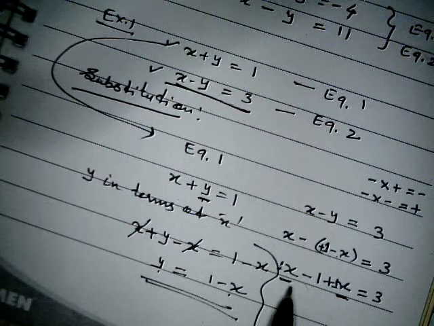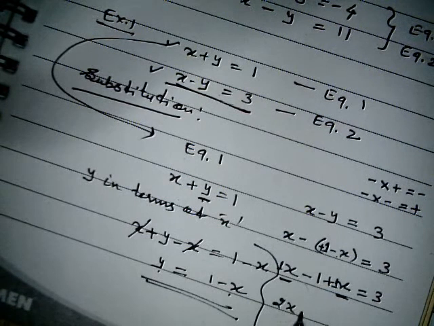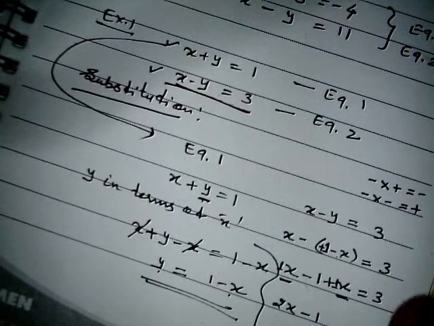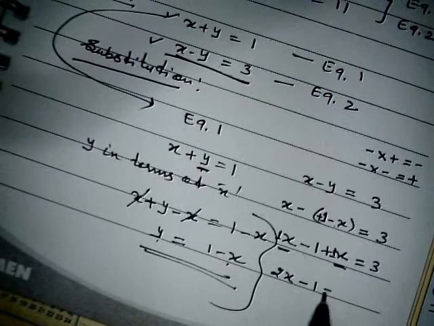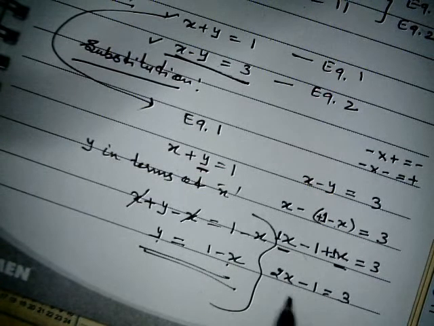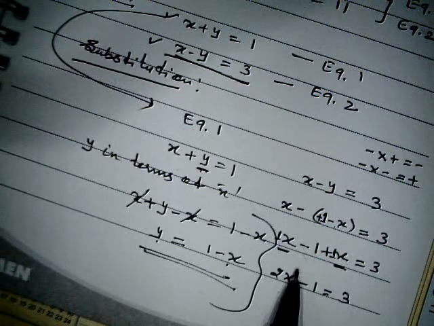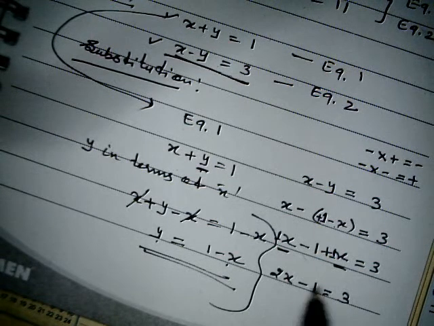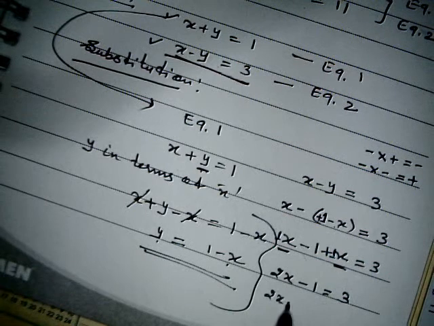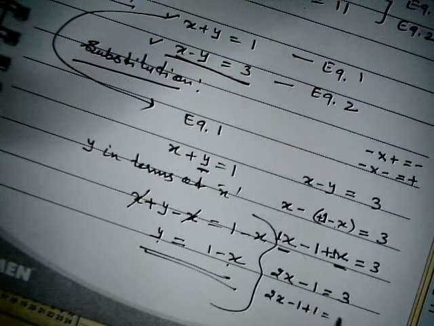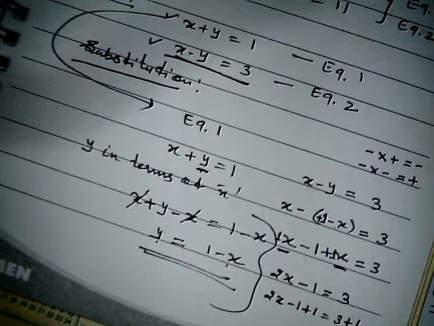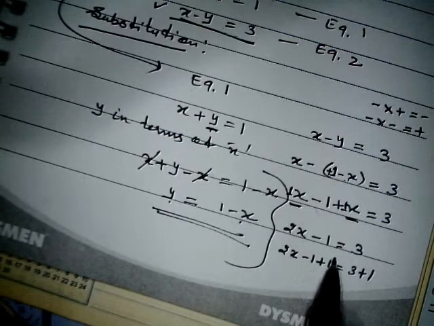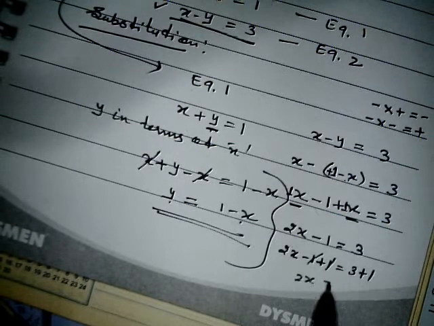Now I need to solve it, because this becomes a linear equation. We need to solve in a similar way. We can see one variable over here, and that variable's power is also 1. So this becomes a linear equation. I need to shift this negative 1 to the right side. To shift this negative 1 to the right side, I need to add positive 1 on both sides. I have added, so this cancels out. 2x equals what? 4. Now to get the value of x, I need to divide both sides by 2. When you divide, this side is x equals 2.